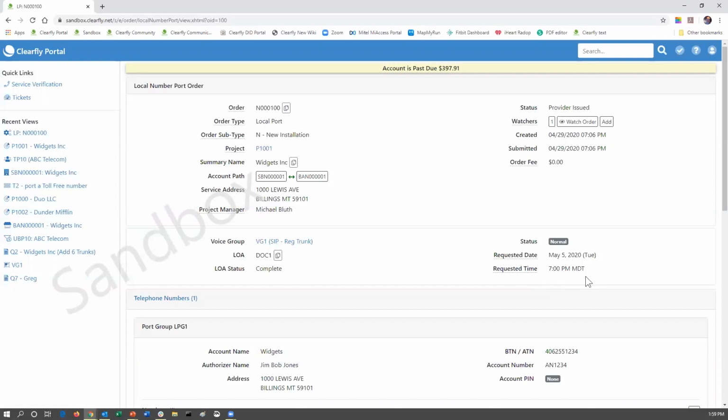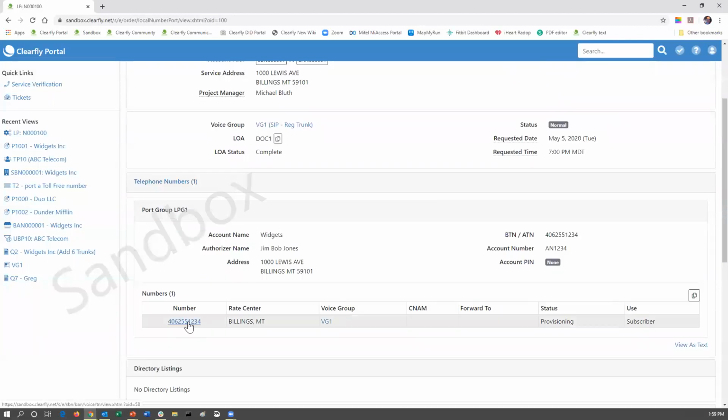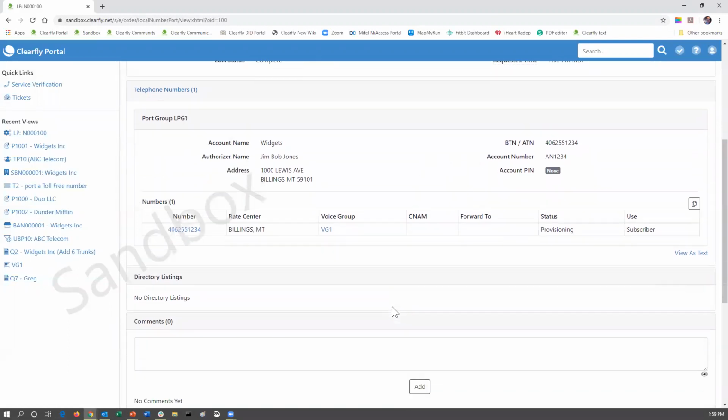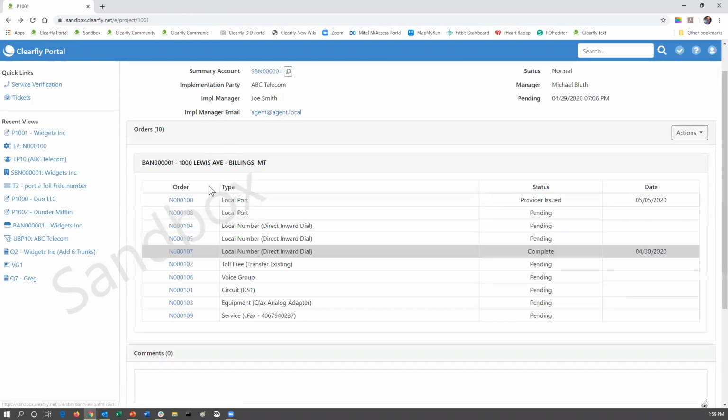We've provided that date, which means the status is provider issued. As soon as that changes to a firm order commitment, the status will be FOC. Come down, there's the phone number that we're going to port. And as I stated, it's currently in provisioning. And that's pretty much it. So that is how you can look at the status of a local port order. If we go back and look at the next one,